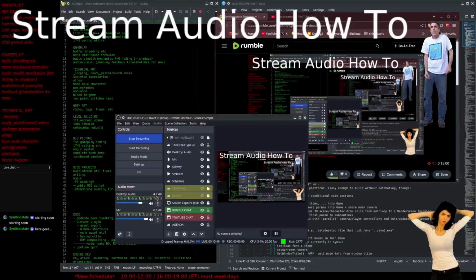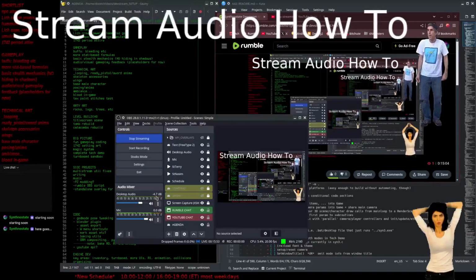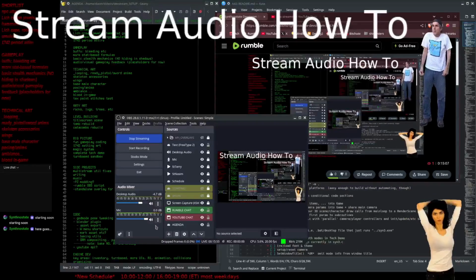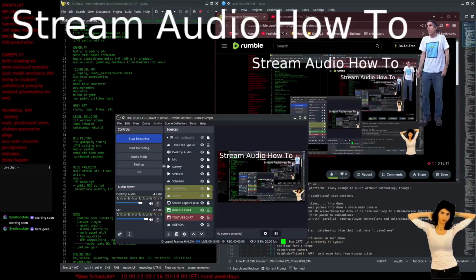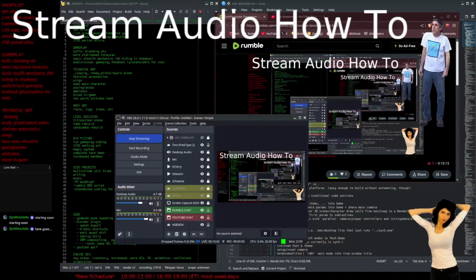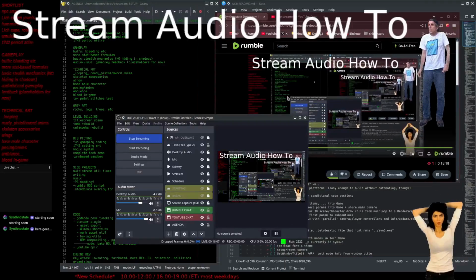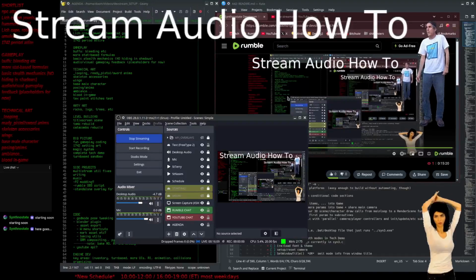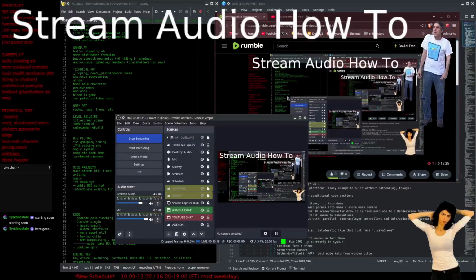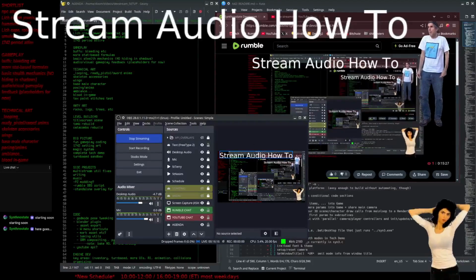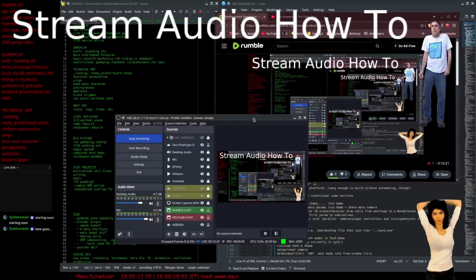You want to cut it off before it gets into that clipping zone where you're going up over the maximum volume of digital audio, where the waveform is just hitting the top and the bottom and flattening out. That's what makes it sound like shit. Unless you're trying to build like a guitar distortion or something, then it's fine. But not for voice or stream audio.